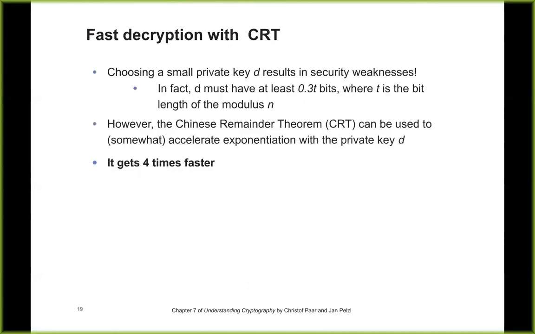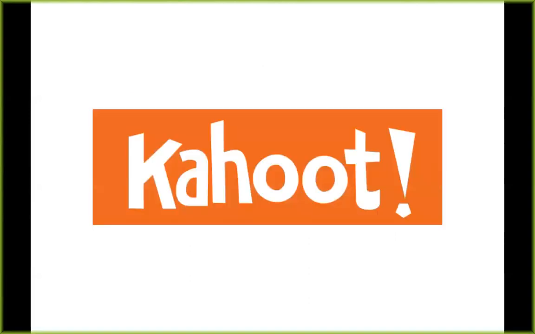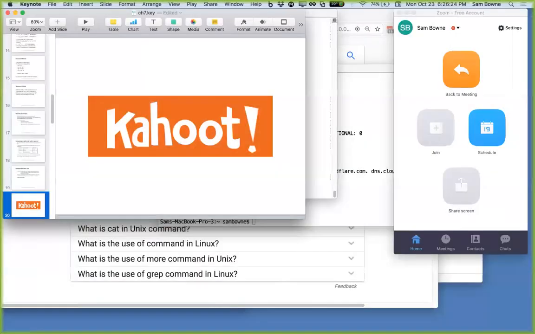All right, and here's the Chinese remainder theorem, which can somewhat accelerate exponentiation with that large value, but it's not simple to understand, and it doesn't really do anything enormous. Remember, quantum computing makes an incredible difference. If they get that working, that's going to destroy this whole system, to where you'd have to have keys of something like 1 million bytes long to have security.